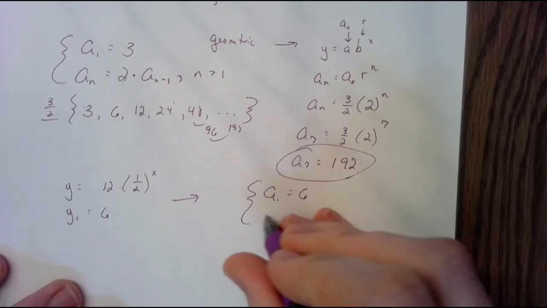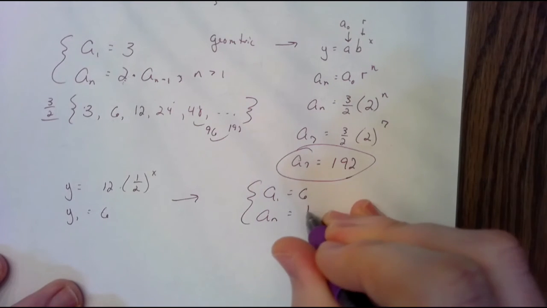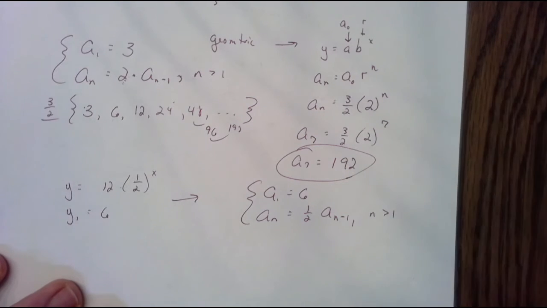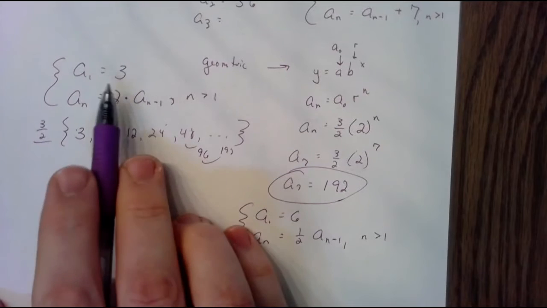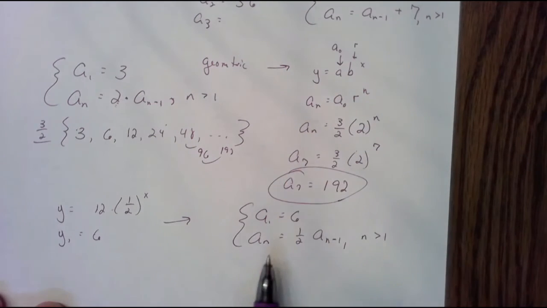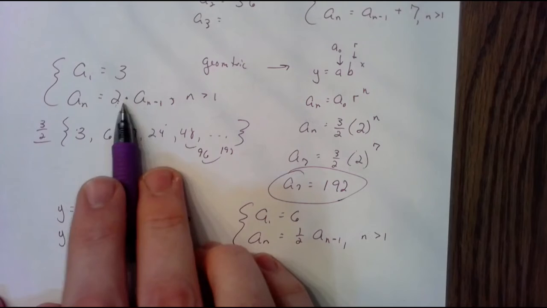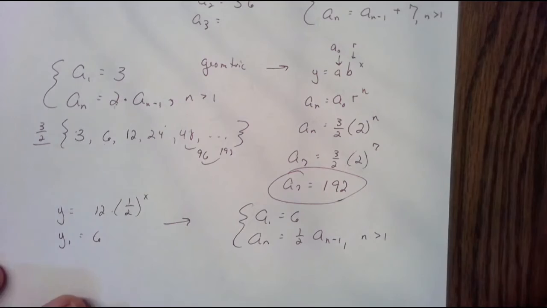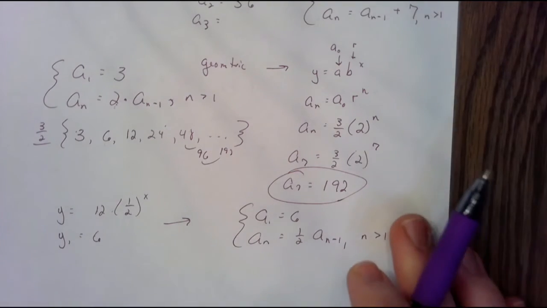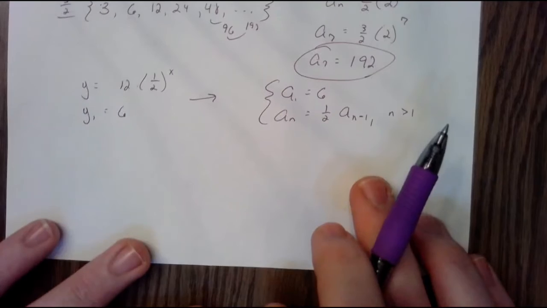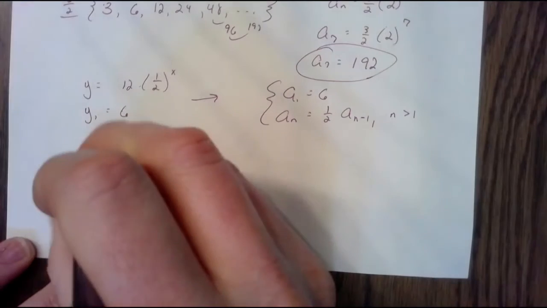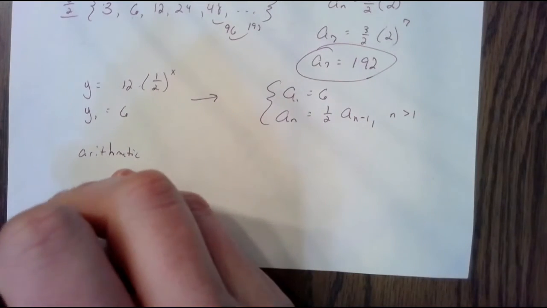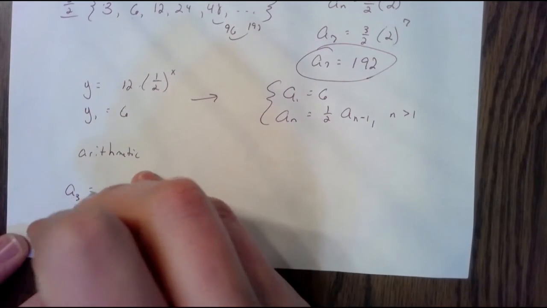All right. So we talked about how to go recursive to explicit and how to go explicit to recursive. If you're multiplying, use exponential. If you're adding, use linear. Okay? Pretty straightforward. Just to show you, there's one or two other things we've got to be on the lookout for. If they tell you that a sequence is arithmetic, and they tell you that, hey, a sub 3 equals 12, and a sub 5 equals, I don't know, 22,